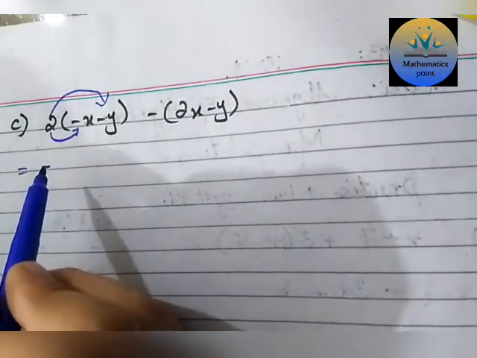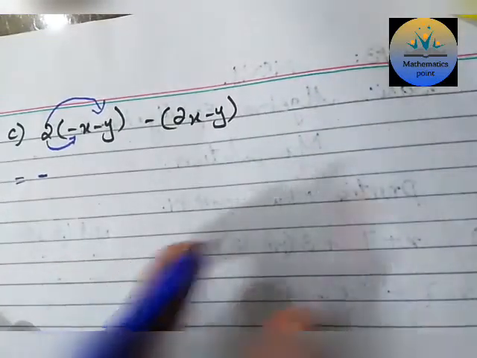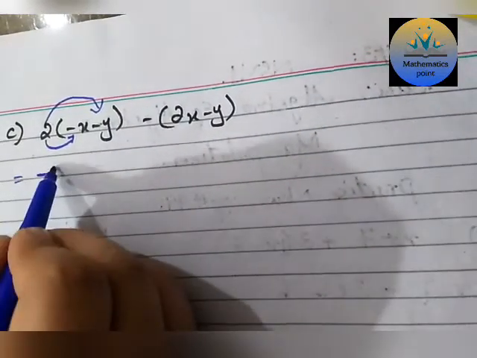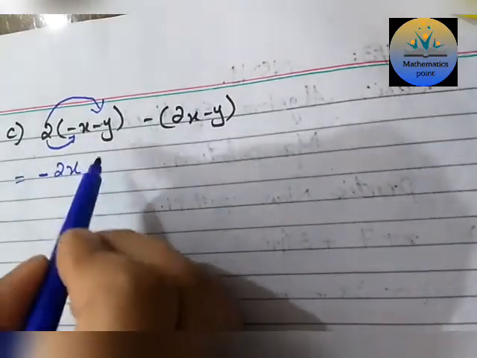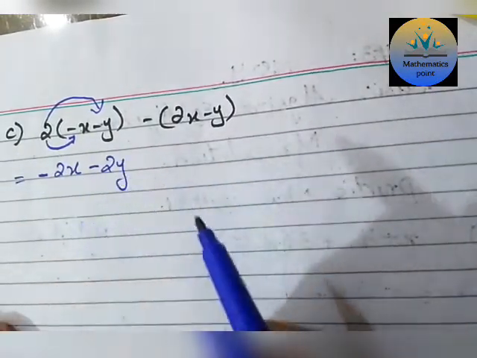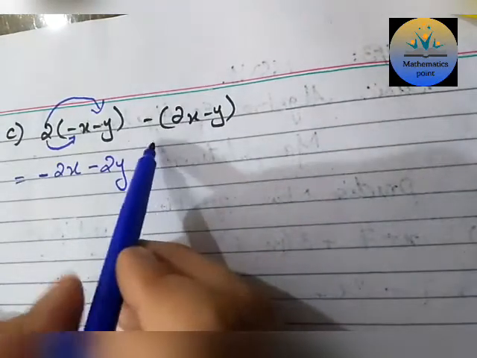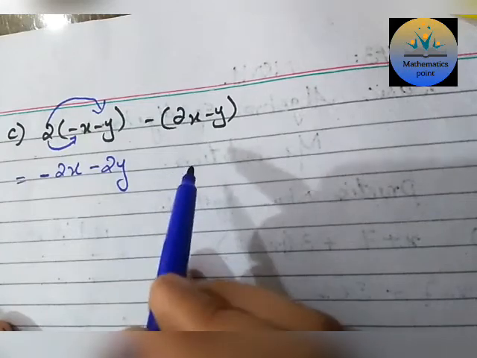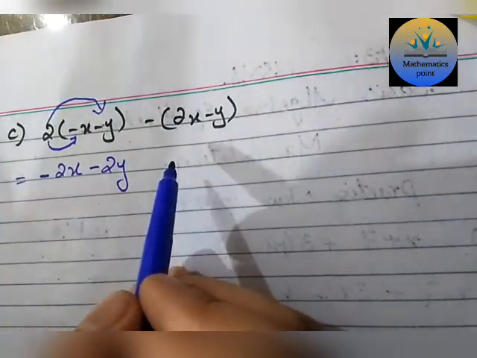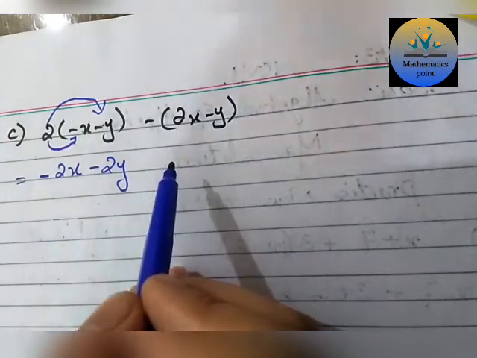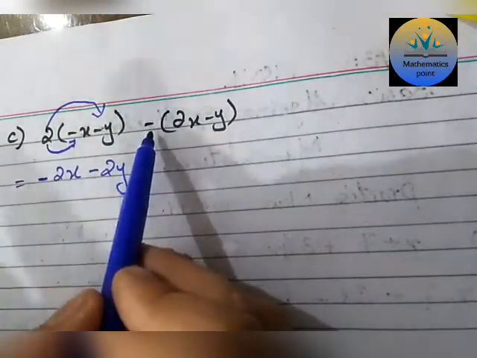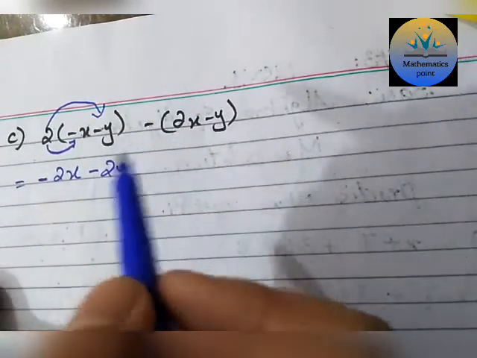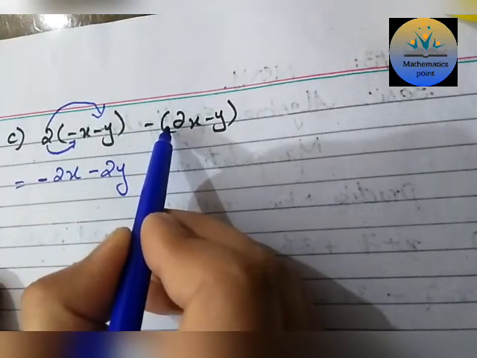Whenever you do this question students, firstly you just draw the rules chart, then you solve this question. 2 1s are 2 and x, then again plus minus, minus 2y. Good. Then the minus sign outside the bracket will change the signs that are inside the bracket. This is a very easy approach if you don't want to remember the multiplication rule. Whenever there is a minus sign, you just open the bracket and change all the signs that are inside the bracket. Now look at the sign of the 2.